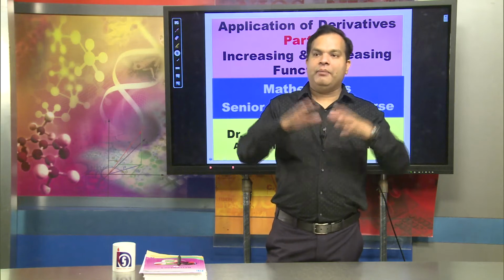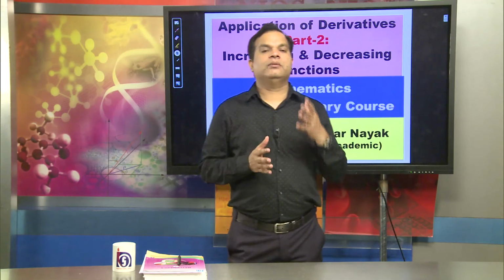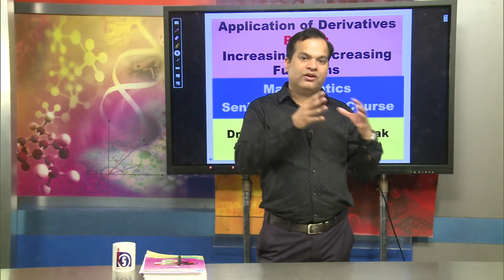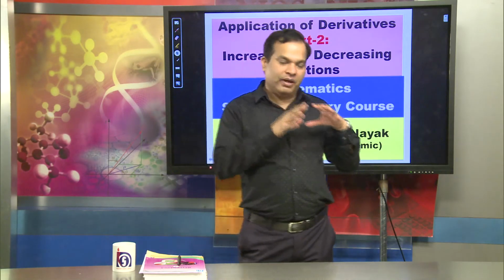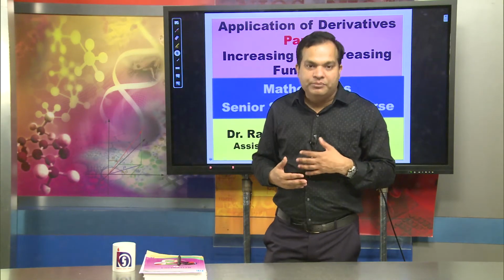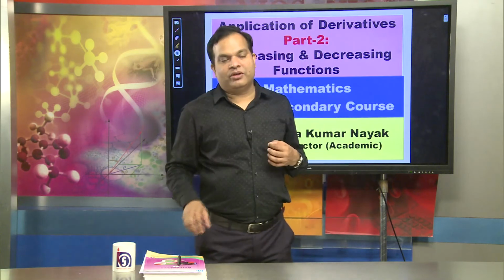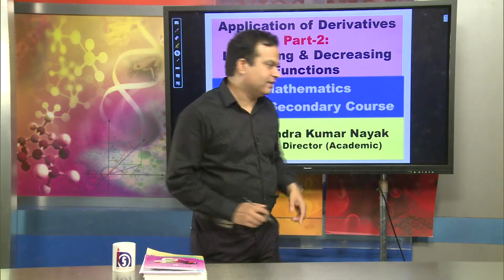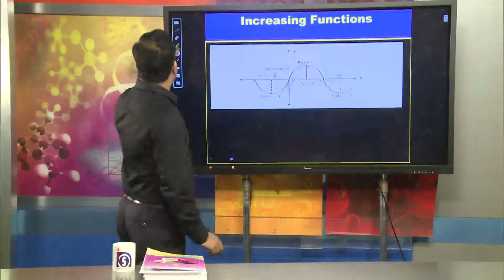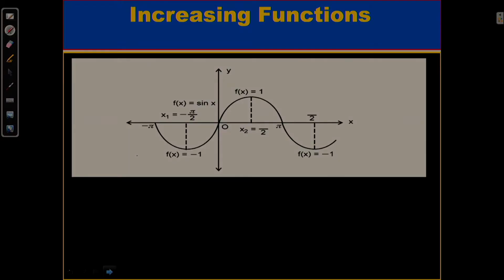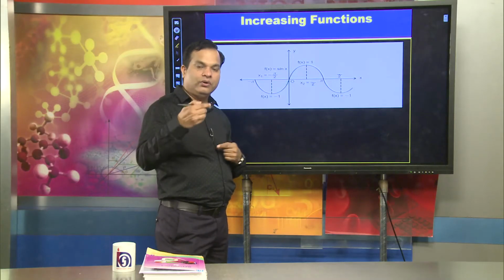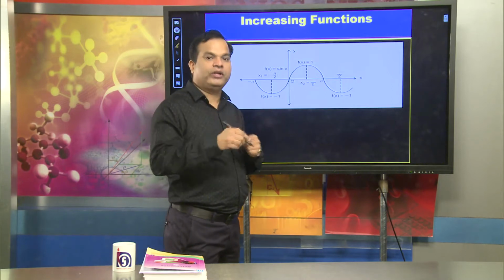Let's see, we have different functions. For example, if we look at the trigonometric functions, the behavior of sin x, cos x and tan x is different at different points. Now we will observe one of the trigonometric functions, suppose sin x. If we look at the graph of sin x, when talking about an increasing function, it means the functional value increases from one point to another.